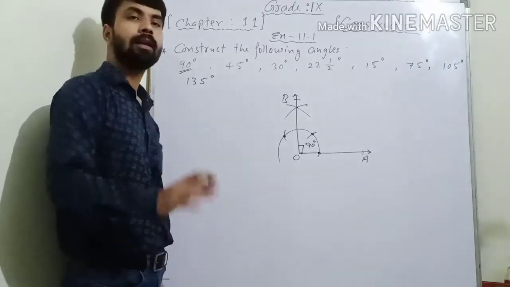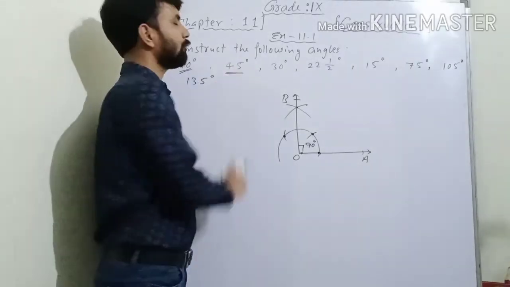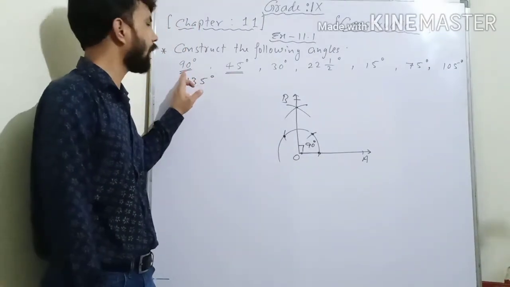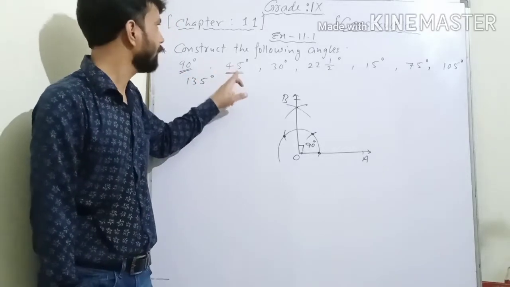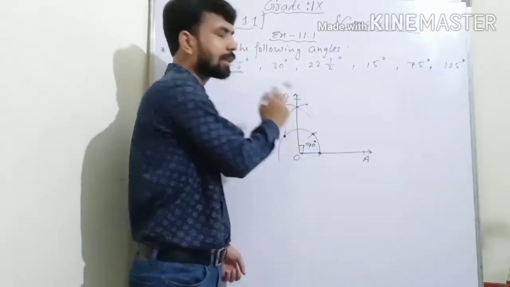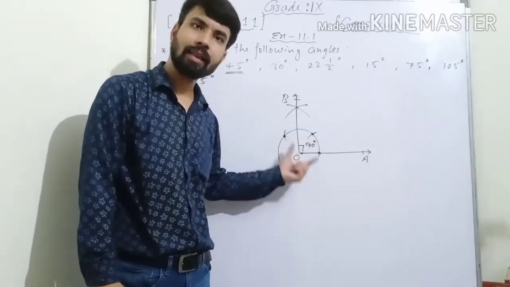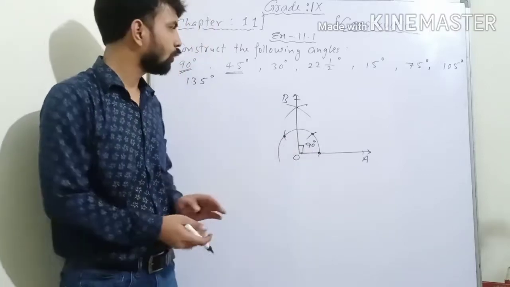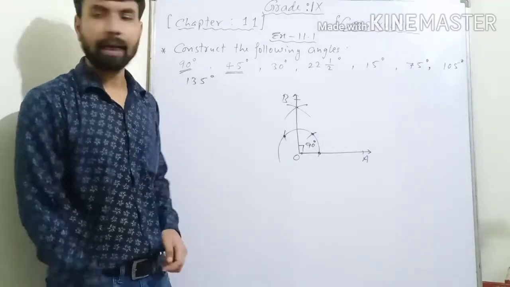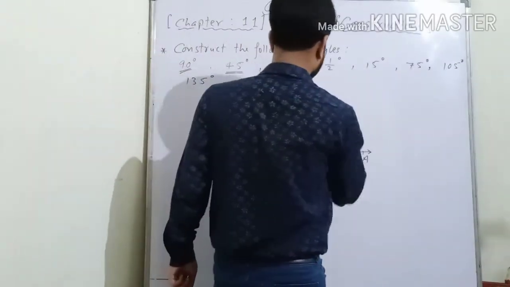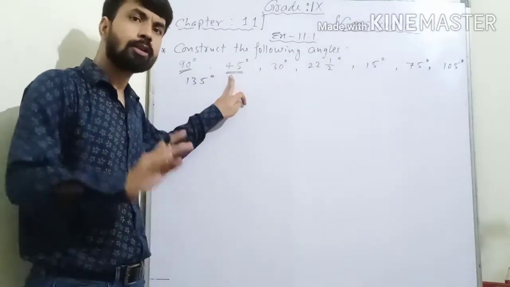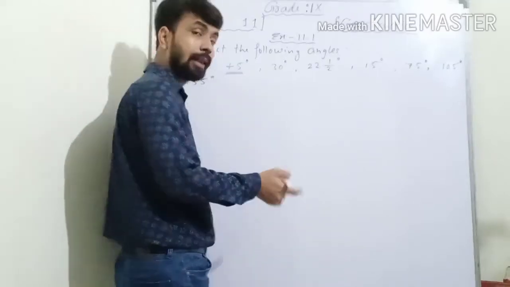Okay students. Now the second angle is 45 degree. And beta, we all know that 45 degree is the half of 90 degree or not? 45 is the half of 90 degree. Now what we will do? We will have to bisect this angle. Understood? So for making 45 degree, first of all, we will have to construct a 90 degree angle by the same process.